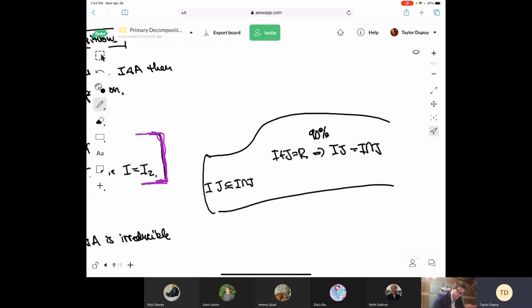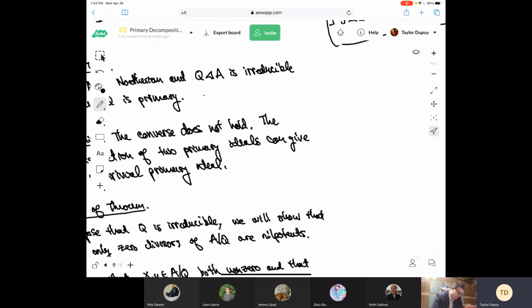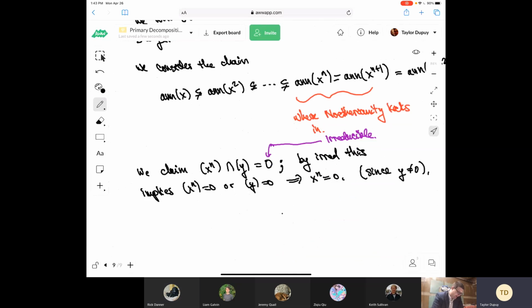But this appears in the hypotheses of the Chinese remainder theorem. You always have the containment, but you should never think that multiplying prime ideals gives the intersection. That's one of the things I want you to take away from this: that's a no-no. Because even when you multiply two prime ideals, you can pick up a primary component. There's an exercise in the homework about this, that you can pick up some embedded components from doing that sort of thing.